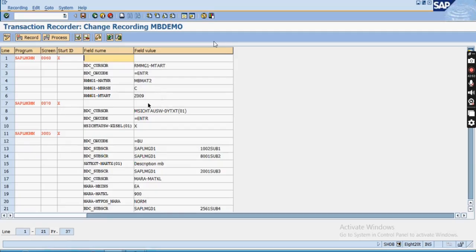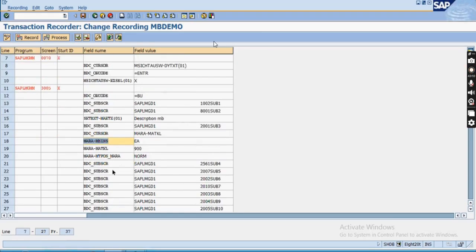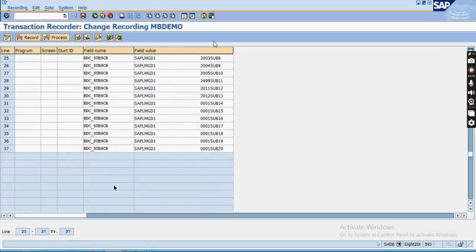Why I have deleted it: I just wanted to show you, your data should be in this format exactly. You will have to prepare the internal table in exactly this format. One thing else I would like to mention here also: